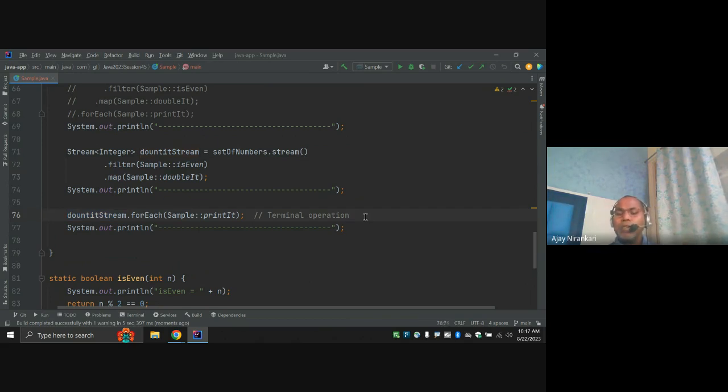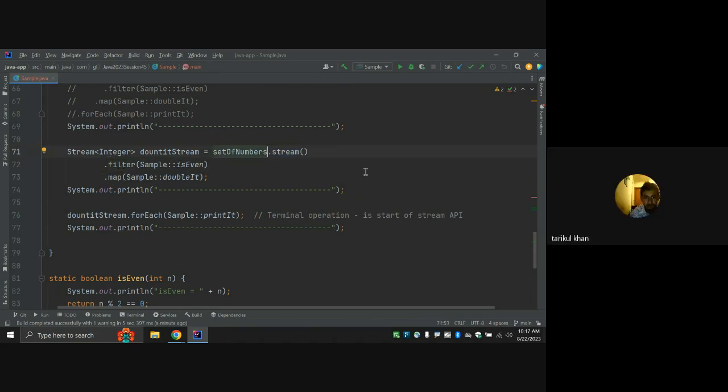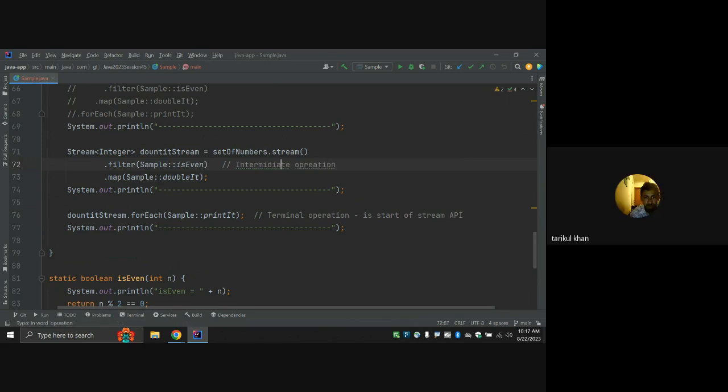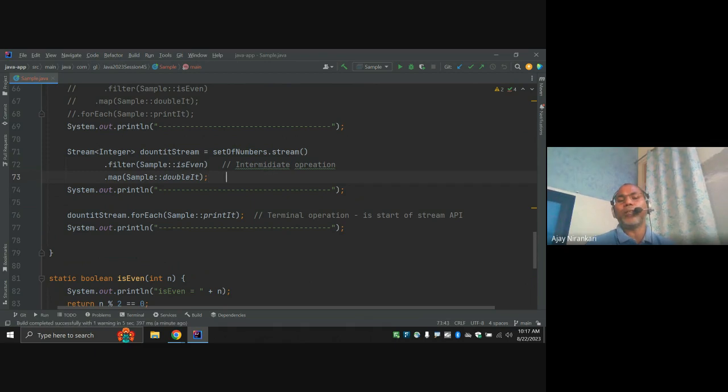The terminal operation is the starting position of the stream API. If there is no terminal operation, the stream API cannot start. This stream is not going to start. It is not going to send any data to the filter and map. So these two are known as your intermediate operations. So a stream has two kinds of operation, intermediate operations,